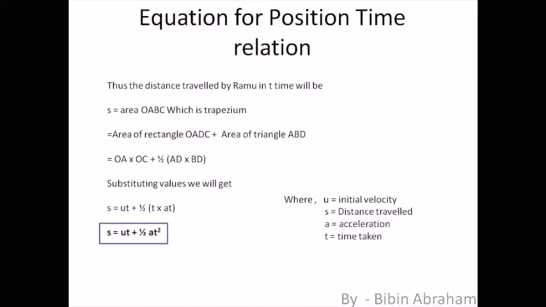Right? So this is your second equation of motion, in which if somebody gives you the initial velocity, the time, and the acceleration, then you can simply find out how much distance you have traveled in your motion. I hope this is clear, right? In the previous relation, the relation was between velocity and time. Here the relation is between position and time, right? This is your Newton's second equation of motion. All right, so let's move on to the third one, right?